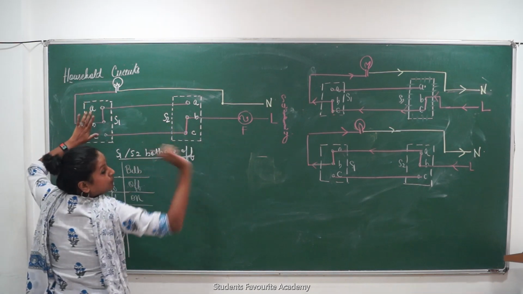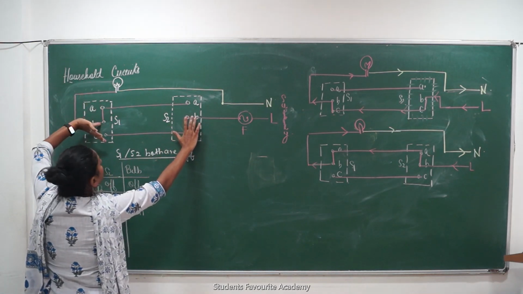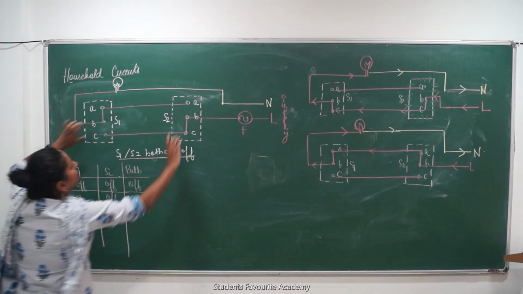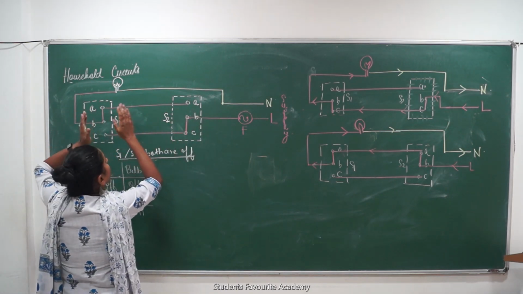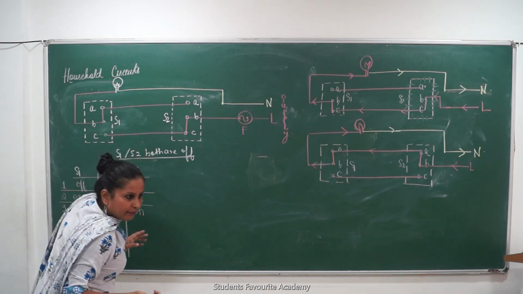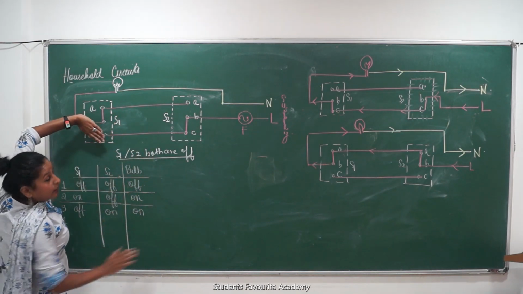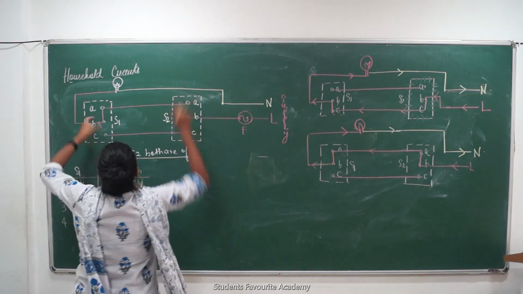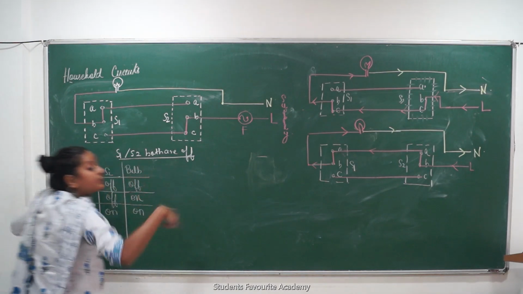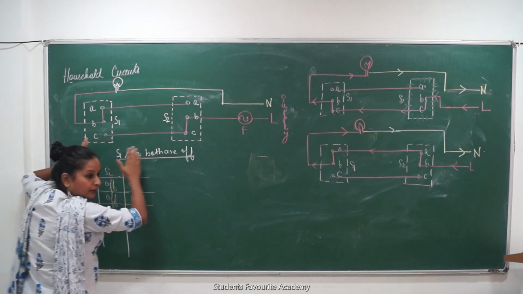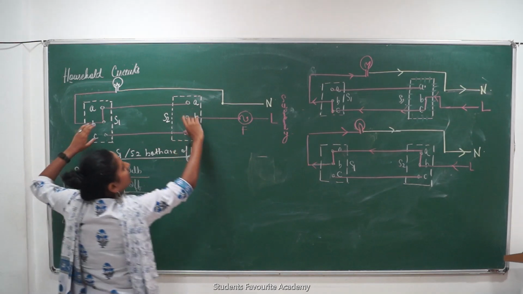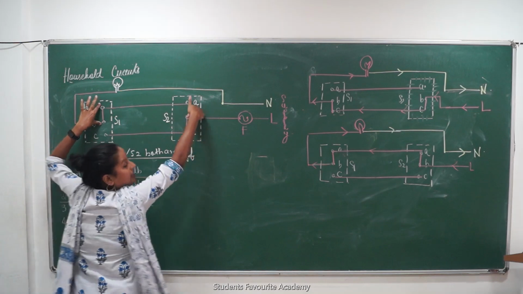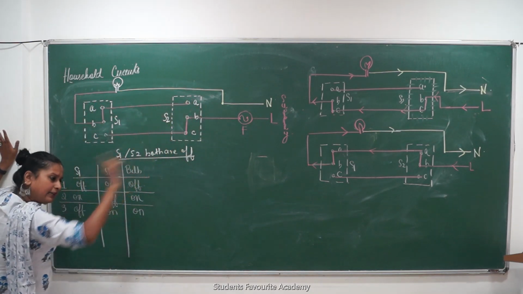So the first condition is what, switch 1 is on. When switch 1 is turned on, what happened? Connection is made. BC connection is made. When switch 1 is off, 1 is on and switch 2 is also turned on. 1 is on, switch 2 is also on. So both are on, but connection is not made or not. Because this made the AB connection, this made the BC connection. Next what I do is I switch off S1 and I keep S2 as it is. So S2 has made a connection like this, and this is the off condition of this, and this is the on condition of S2. Both are forming a loop.